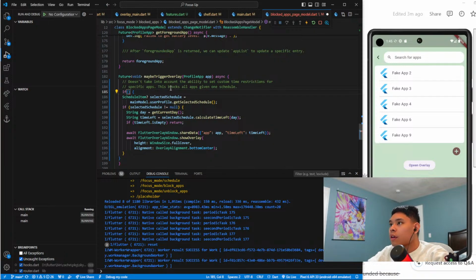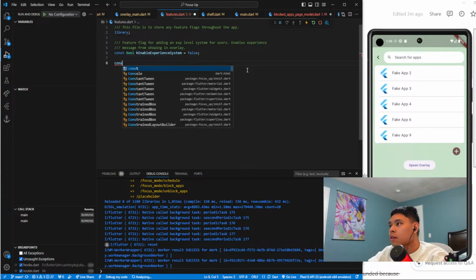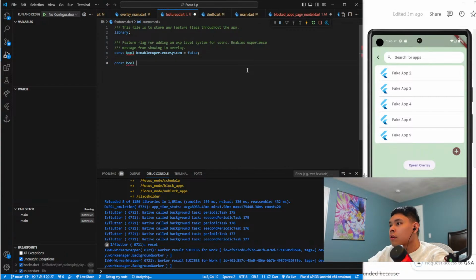And we want to say this is going to be another feature that we have, and this is going to be const k enable custom